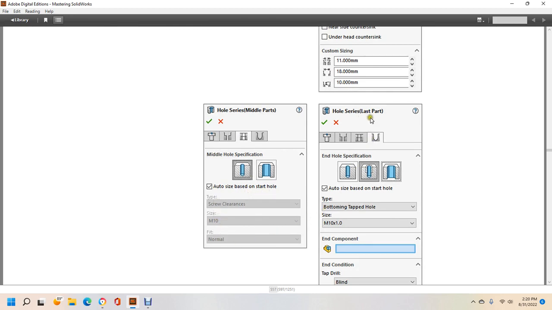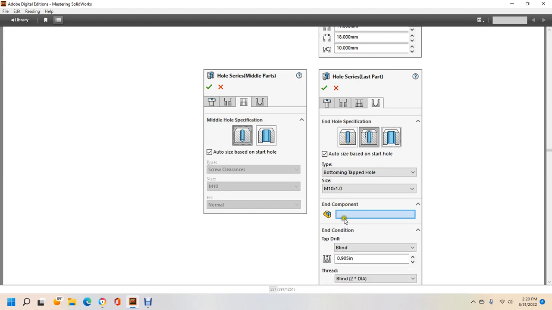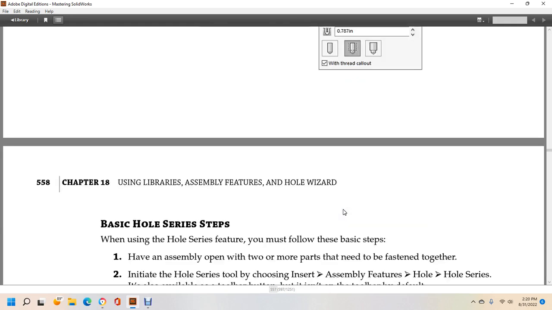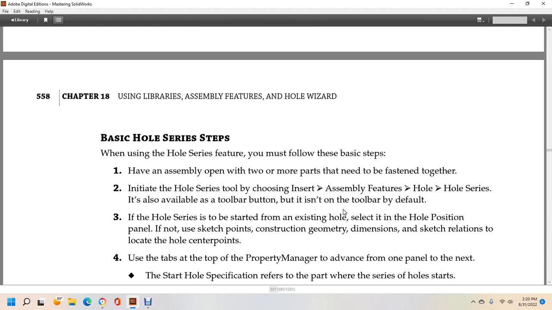And then the hole series last part, end hole specification also, start holes, type, size, end condition, thread, wood thread called out. Basic hole series steps. When you use the hole series feature, you must follow the basic steps to have the assembly option open. View more parts of the main assembly fastened together. Initiate the hole series tool by choosing